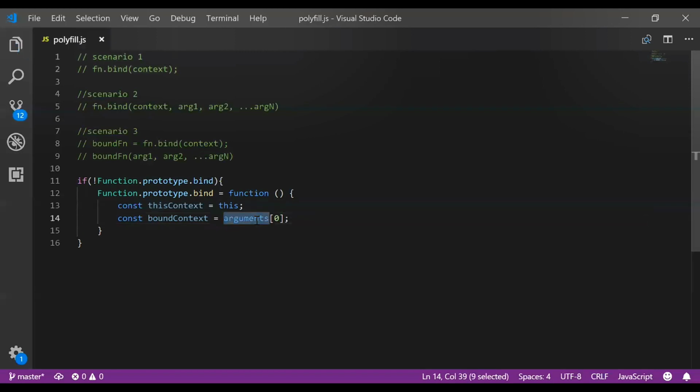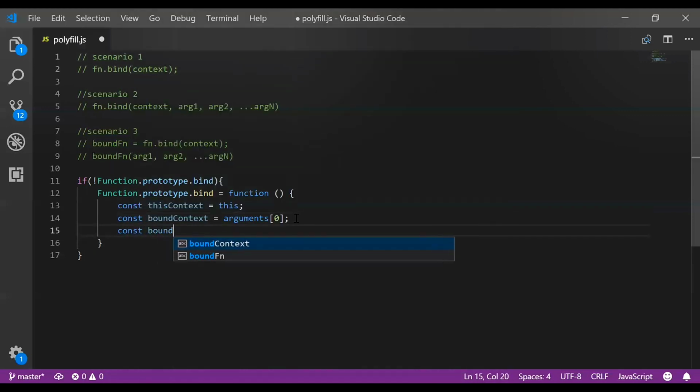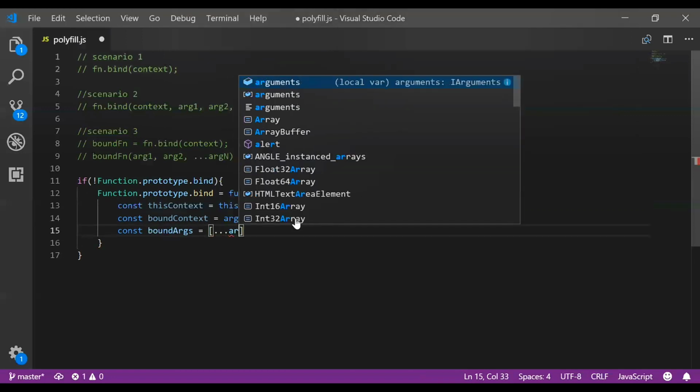We are taking the first index of the arguments array, which will return the context, because you all know that the context is the first argument. So in boundContext we are returning the context, which is the first argument. Other arguments are also there, from argument 1 to argument n, which you can pass. In a variable boundArgs, we are taking all the n number of arguments.